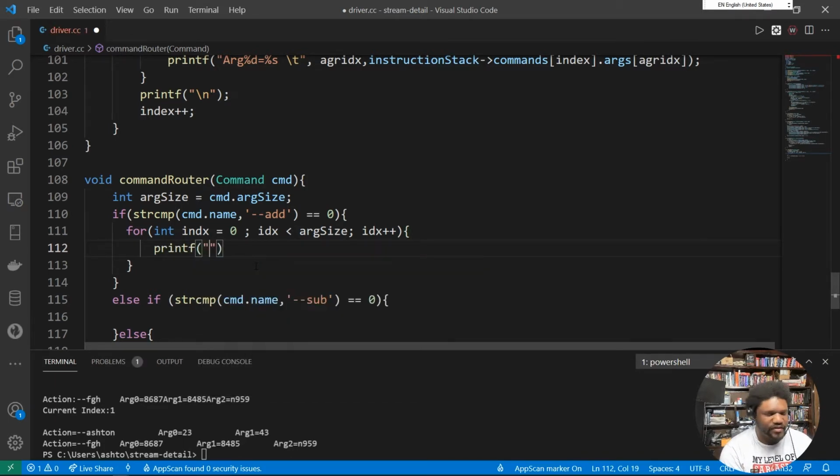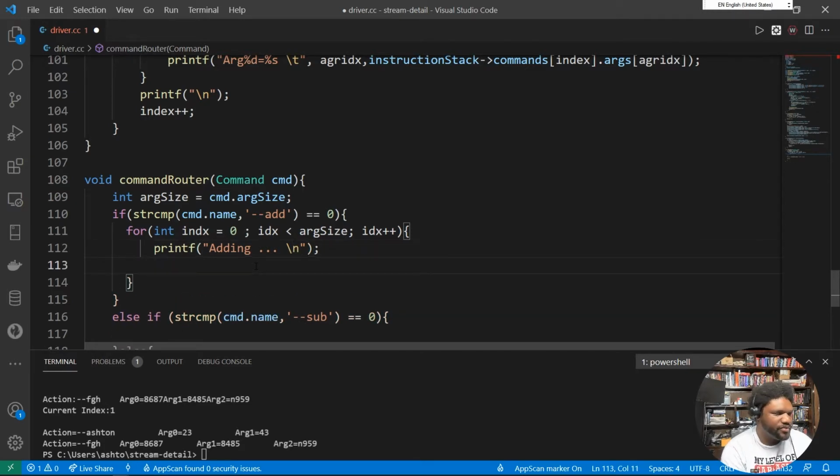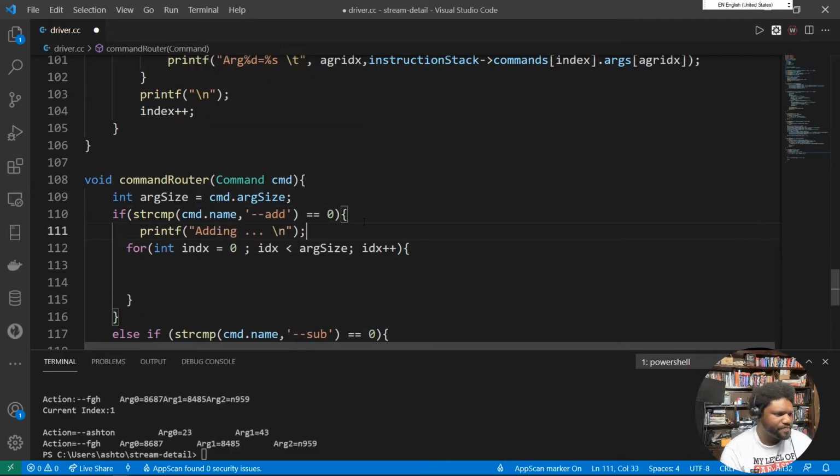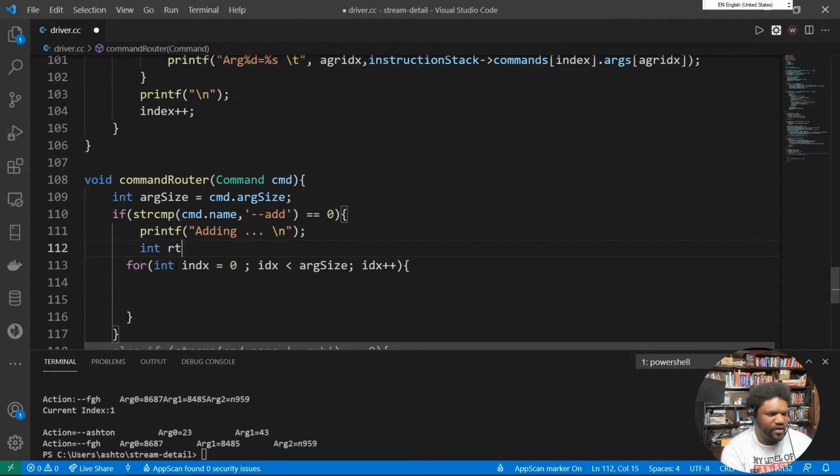and we say something like adding, and what we'll do is let's take this right here, let's do a new line, and then actually let's take this right here because we don't want it to continue to say adding. Let's put it up here, and then let's take the CMD args, and we're going to do something like this. We know right off the bat that we're going to be adding some things together. So let's do int result